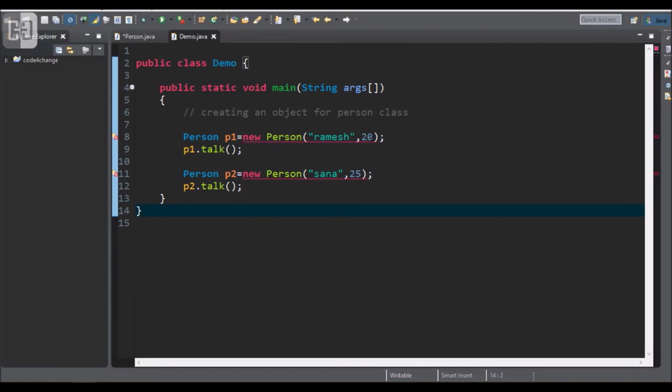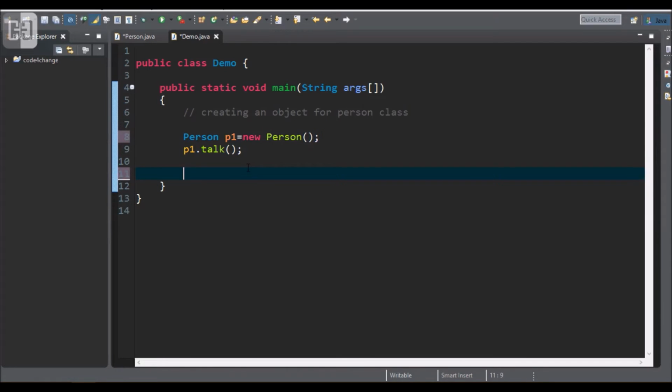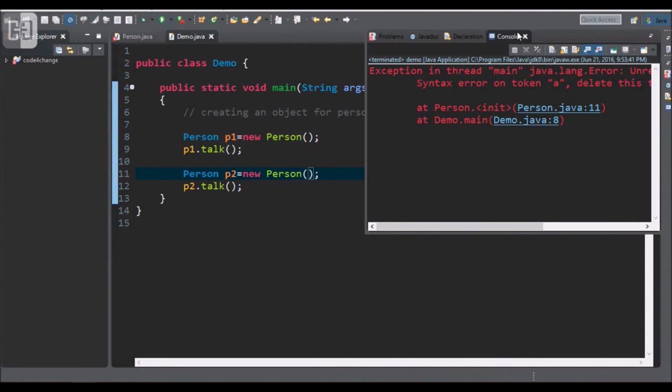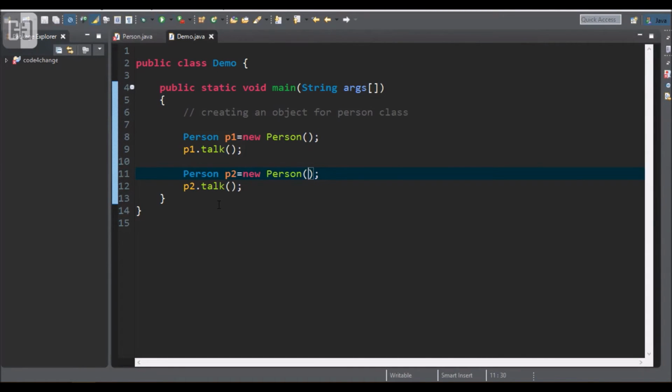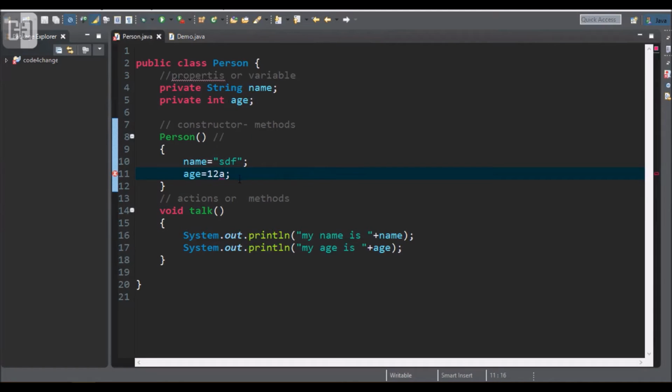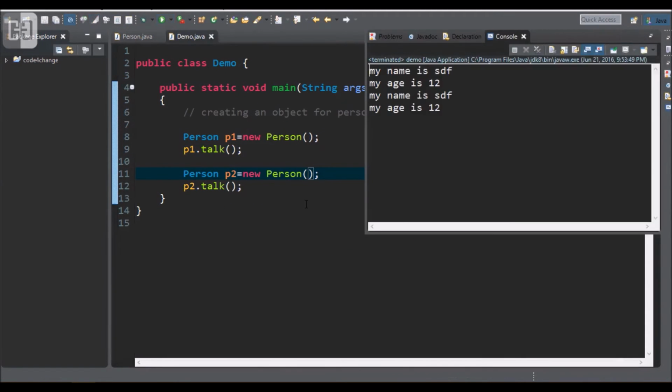Now I will here also remove it, and here I will remove it. So again I will remove it here. Okay, now see here, now we are going to execute. So check it again. So here there are no parameters. So this is a default constructor.